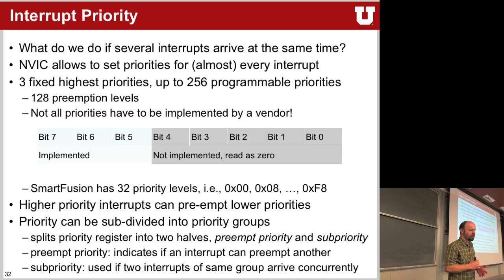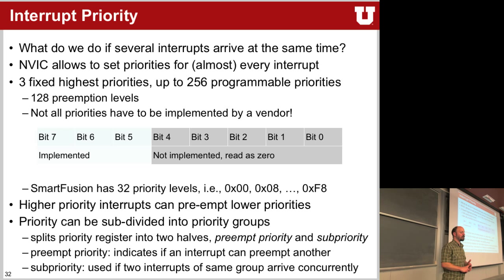Okay. So what happens if you have multiple interrupts that happen at the same time? We will see that all the pending bits will get put high. Now, in what order are we executing them? It takes a little bit of time for the core to get out of interrupt and into the service routines, and then the NVIC has to decide which interrupts to handle before others. That's where interrupt priorities come into play. So you can actually define which interrupts have what priority. And the NVIC is a little bit complicated in how you can do it because it has